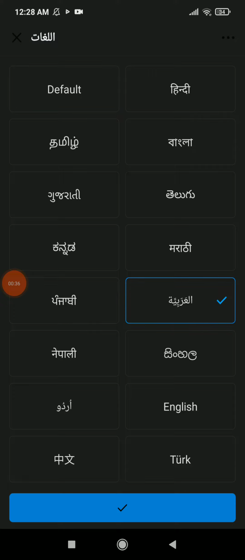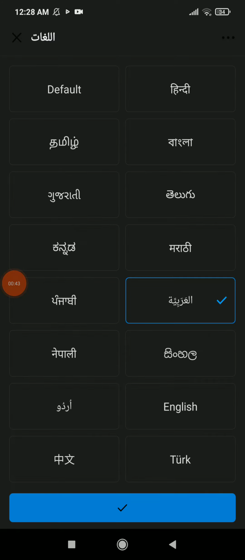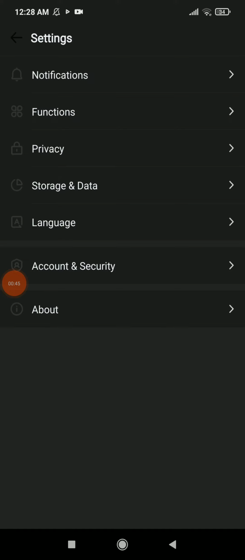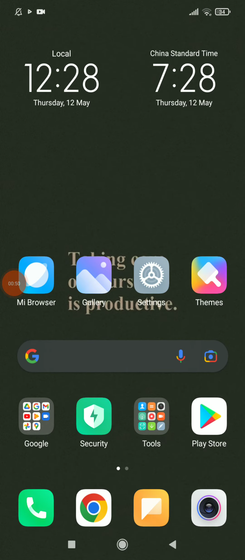They're gonna change your language forever. For example, this one. Wait for a second and they're gonna change your language. Cancel, and this is it. Easy and quick. So this is it, guys. So easy. Go to your profile, click on settings, you're gonna find language and change it, and don't forget to